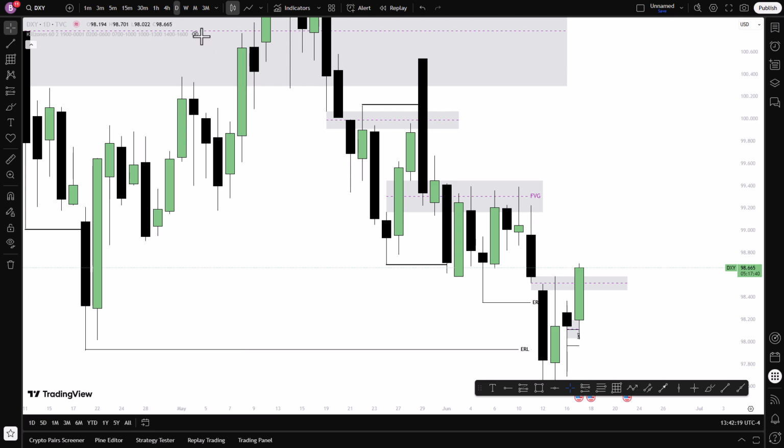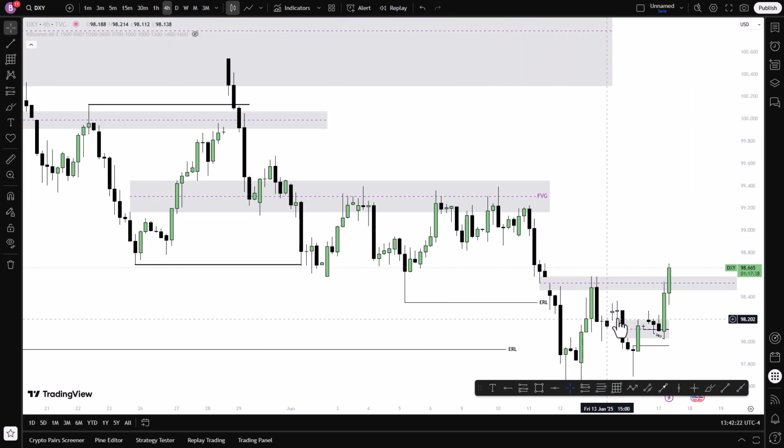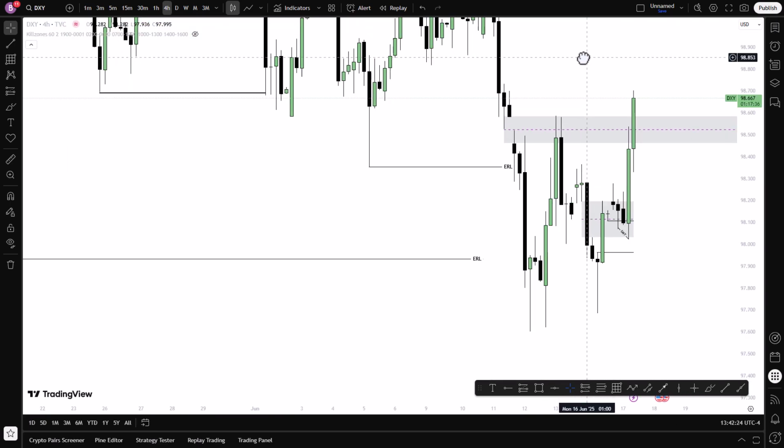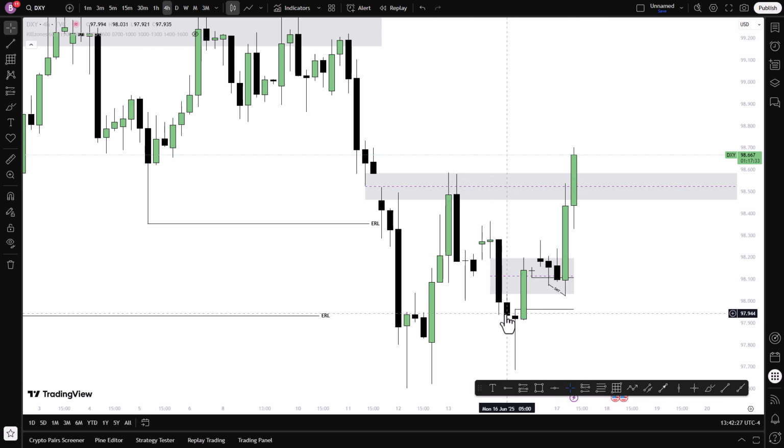So this is what we have. But on the 4 hours time frame, we can see that it did as we forecasted, because yesterday when price rejected here, we saw a fair value gap. And I said in the video, for me to be bullish, I want to see price disrespecting this fair value gap. Today we see price created this fair value gap, as well as price disrespected this fair value gap. This would have been a beautiful trade, but because it has not met what I want to see, I didn't trade today. But tomorrow I want to see more of trading.